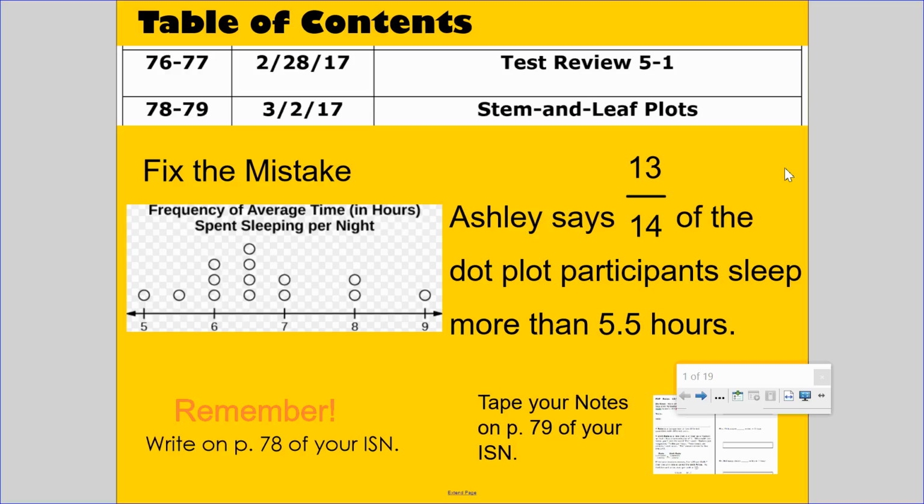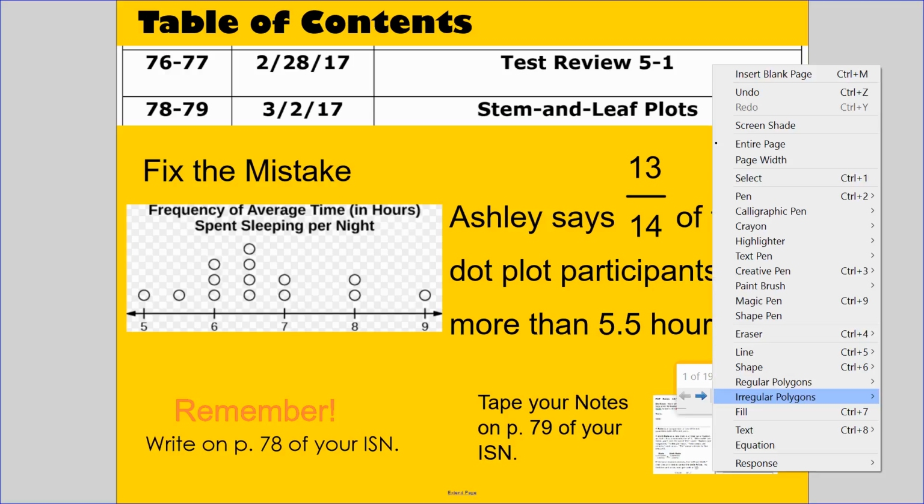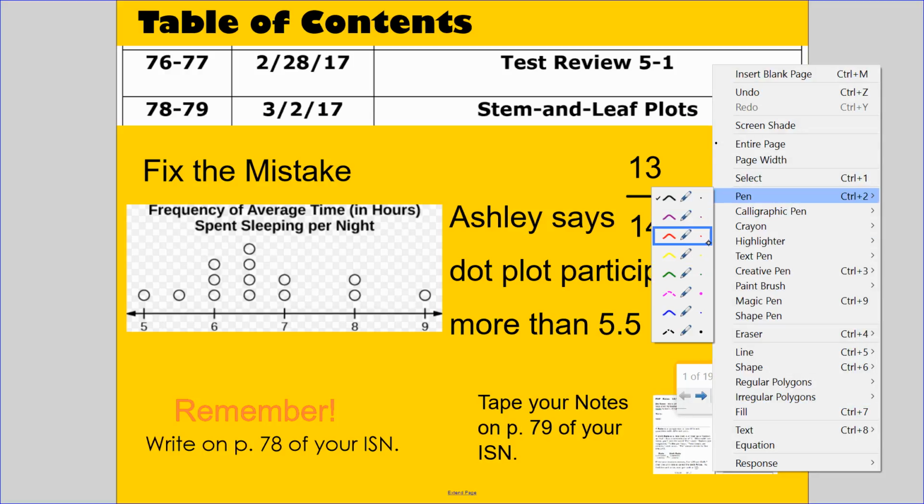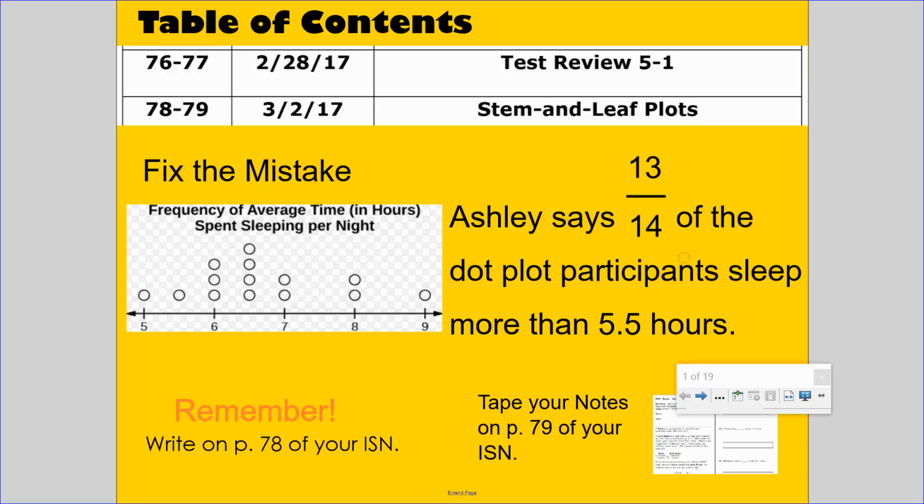Frequency of average time in hours. This is spent sleeping per night. Let me get my calligraphy pen. So this person, Sally, sleeps 5 hours per evening. This person sleeps 5.5 hours per evening. This person sleeps 6 hours, 6 hours, 6 hours, 6.5, 6.5, 6.5, 6.5. This person sleeps 7 hours, another person sleeps 7 hours, this person sleeps 8, this person sleeps 8, and this